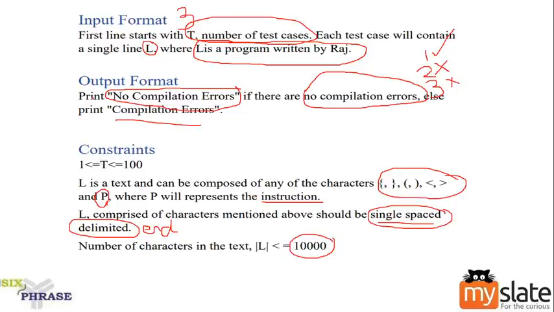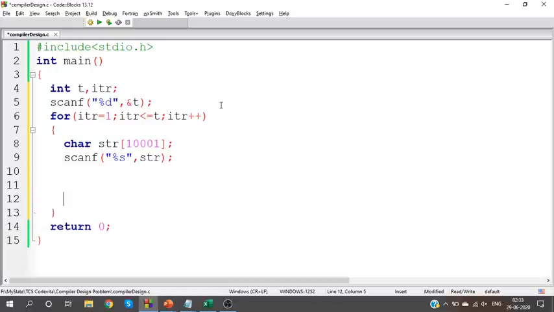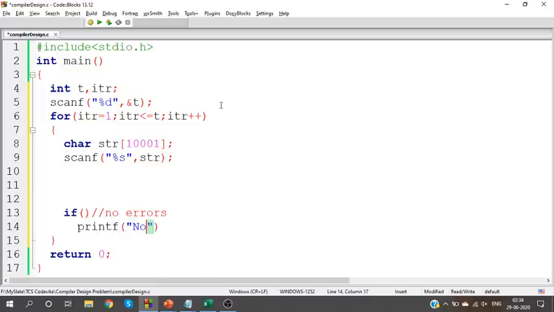And in the output part, if there are no compilation errors, print no compilation errors, otherwise print compilation errors. So once I finish the process, if there are no errors, printf no compilation errors, right?